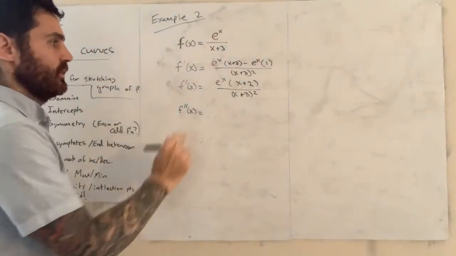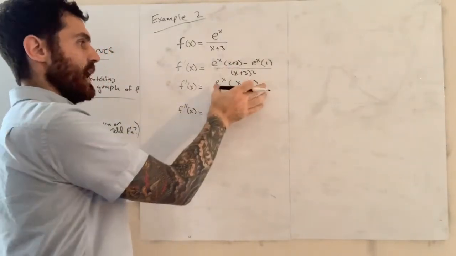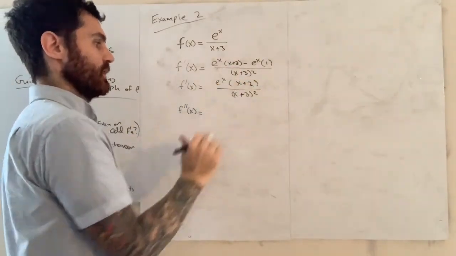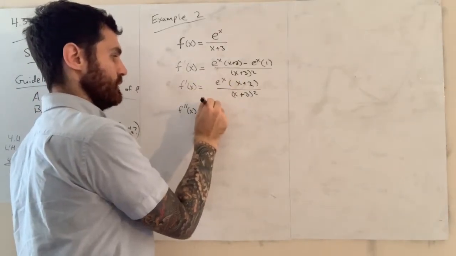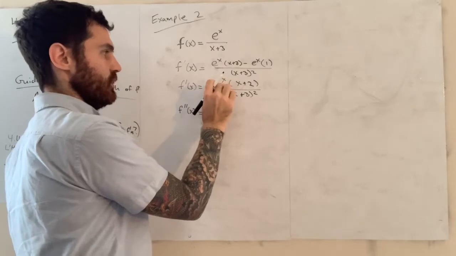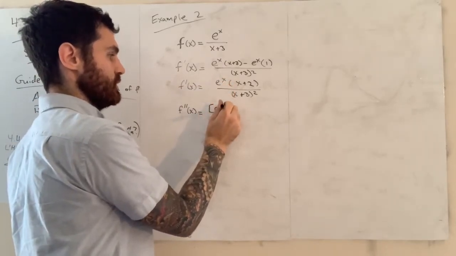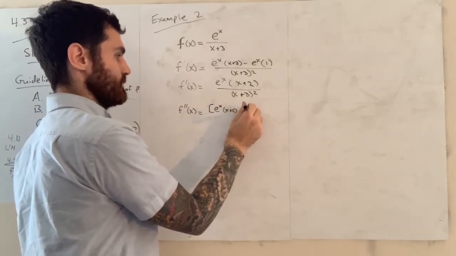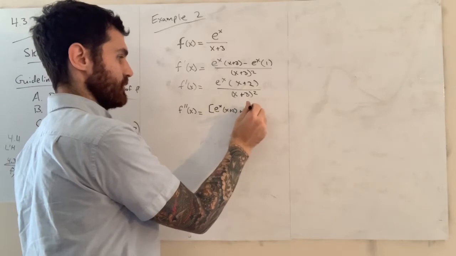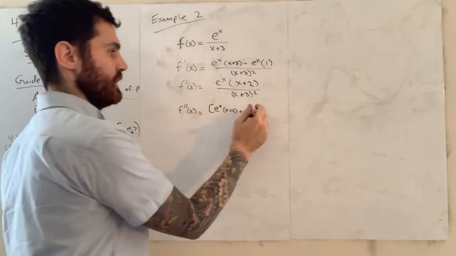What are we going to get? Well, we have to be a little bit careful here because now our top function is the product of two functions. But we apply the quotient rule again. So we're going to get the derivative of the top. That's going to be the derivative of the first function times the second function plus the first function times the derivative of the second function. So if we do the derivative of the top, we should get that times